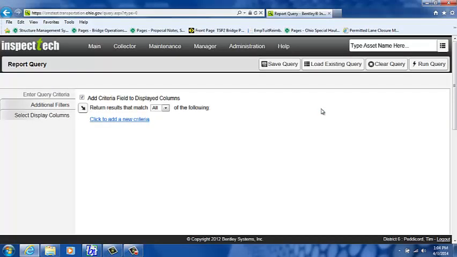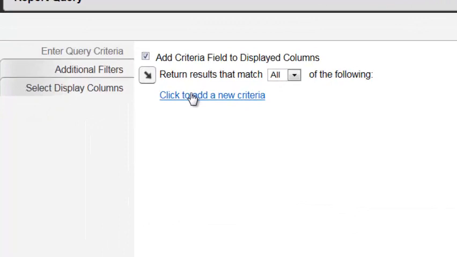This is the location you would go in order to build a query in which you wanted to batch print field inspection reports to take with you in the field or to have available to print. Starting from scratch, I'm going to select Click to Add New Criteria,